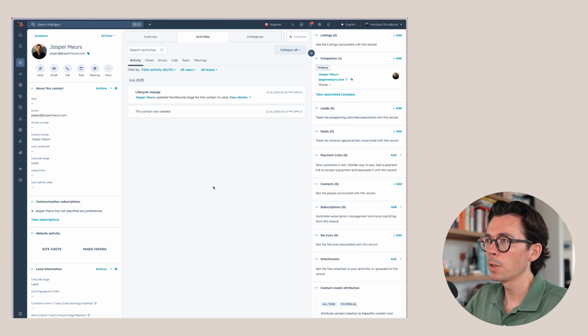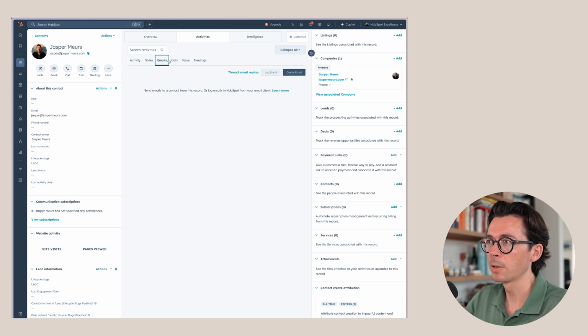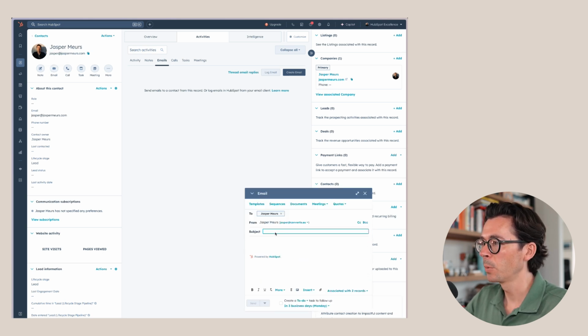So the first one, if there's no activity yet, so here you can see the activity pipeline is still clean. If I click on emails, I don't see any emails here. We do have the option here to create email, or we can also use the email button here. Both of them will do the same thing. So when we click that, we see that an email window pops up here. So we can say test email, and this is an email I'm just sending to myself so I can actually